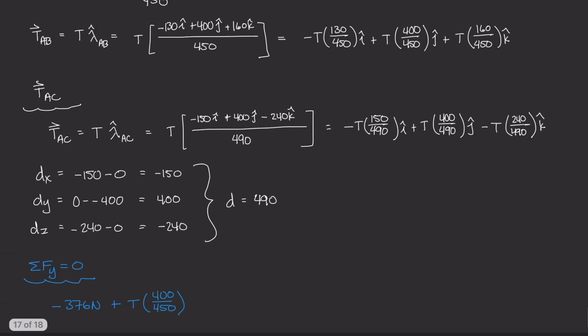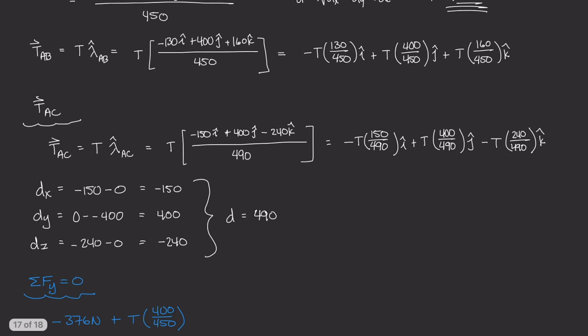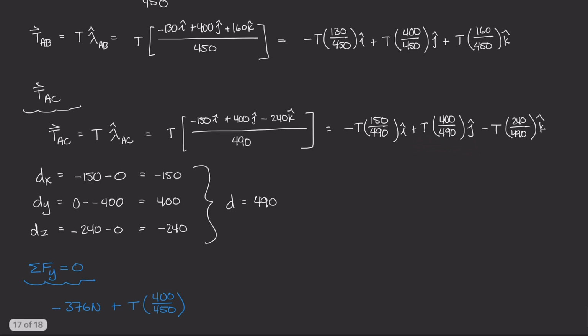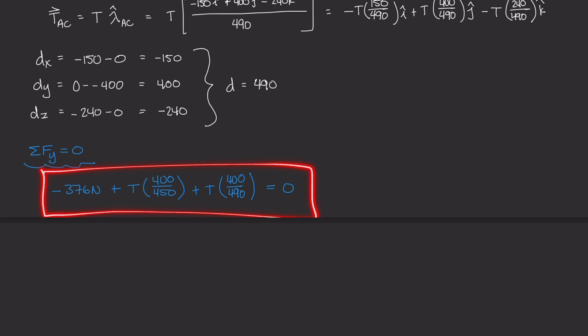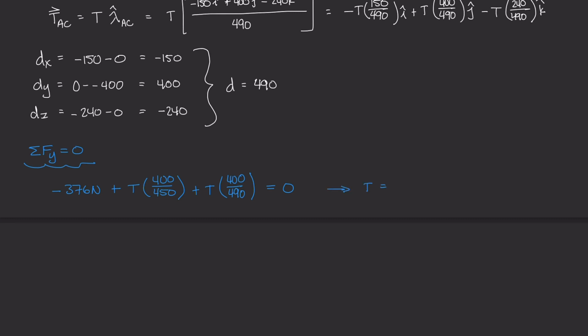Okay, so that takes care of TAB. Now what about TAC? Well, TAC has a y component here, 400 over 490 times the tension force. So I can go ahead and write that here as well, just like this. Those are the only forces and force components in the y direction, so I can set this equal to 0 because, again, everything has to be in equilibrium. The forces have to cancel out in all three directions. And you can see here that in this entire equation, I only have one unknown, which is this t variable here. So if we simply do some algebra and solve for t, we get a tension force of about